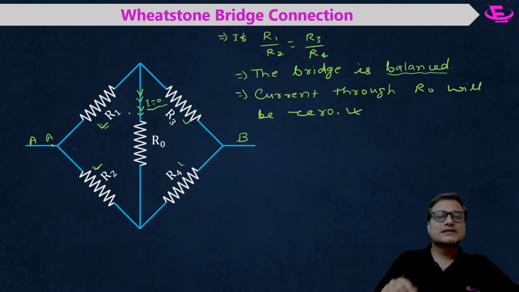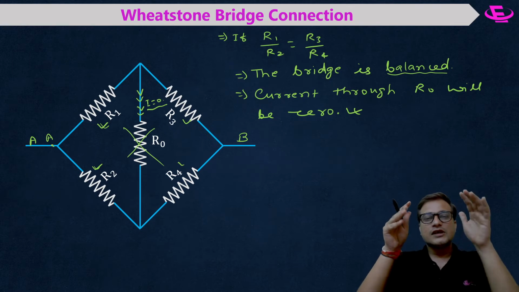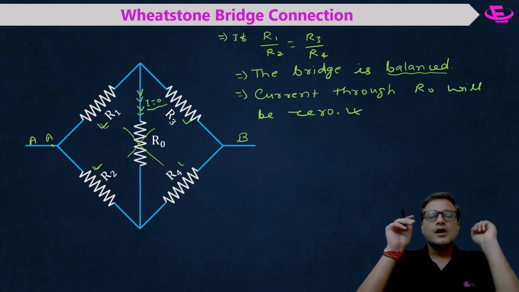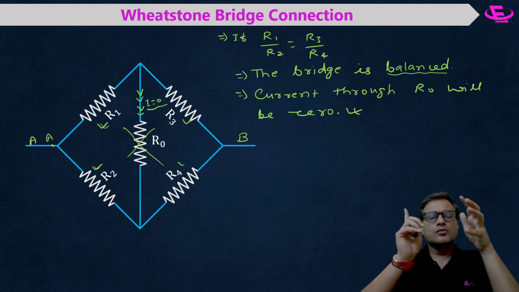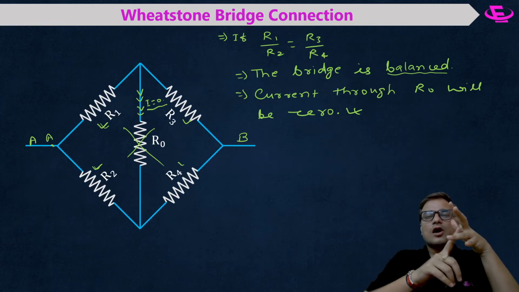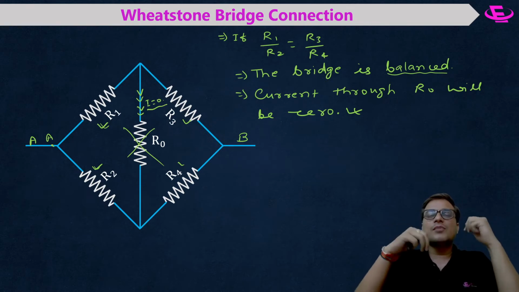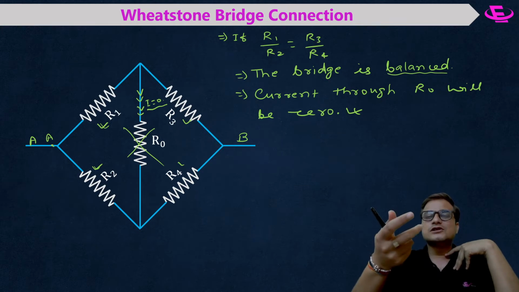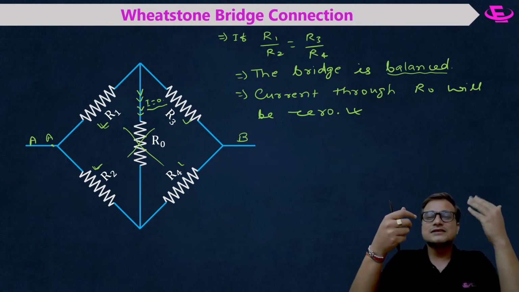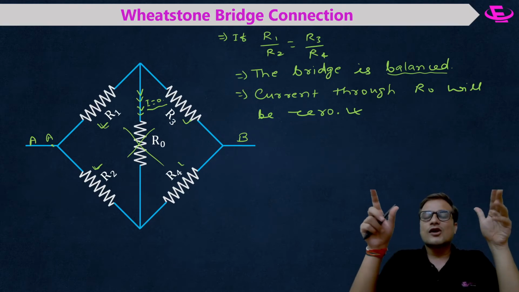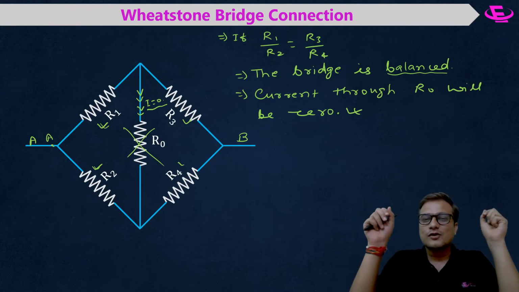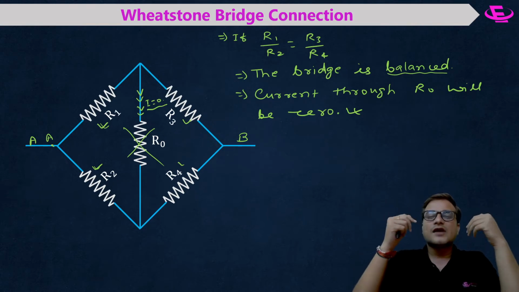Now if the current through this resistor is 0, that means there is no role of this resistor in this circuit. If there is no role, it will be removed. Suppose you are a cricket player in your cricket team. You are not able to bat, not able to bowl, and you are not doing good fielding. So you will be removed from the team. If you are scoring 0 runs, and when you bowl the opposing batsmen hit 6 sixes in an over, and when fielding you are not able to catch the ball, your captain will remove you.